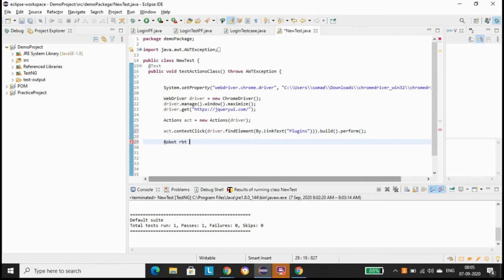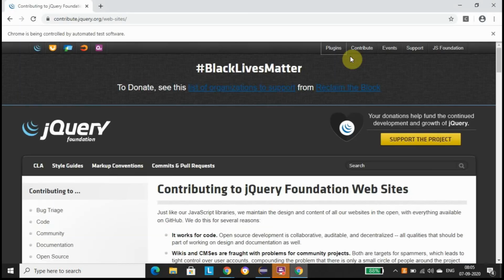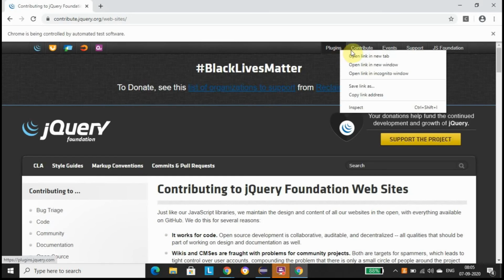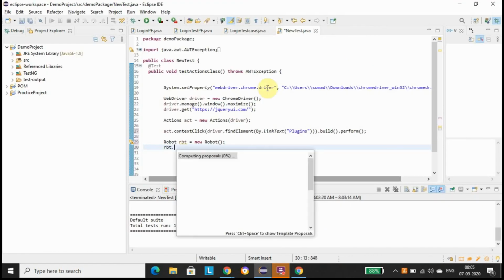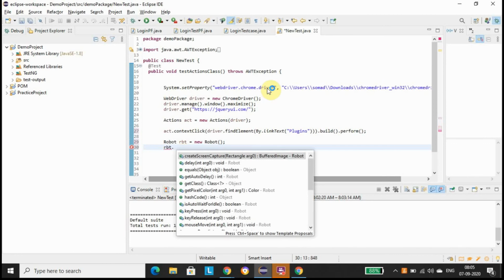Robot equals to new robot. Okay, so now what we're gonna do is we are going to click on key down because the right click is here right now. So we have to click one down so that it will come here, then we'll click on enter. rbt dot key press.